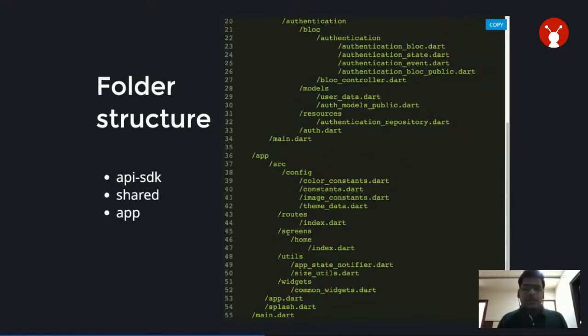Then we have screens here. Inside the screens, you'll have all the screens that are needed inside your app. We have the home screen here. For now, you may have multiple screens like profile screen, home screen, the data screen, and much more, accordingly, whatever your app is about. Then we have the utils here. This is something which every developer might need or every developer should use. For example, what is the main concern while developing an app? The main concern while developing a mobile app is that you care about how to resize your app according to your mobile screen. So this size_utils.dart does the magic for you.